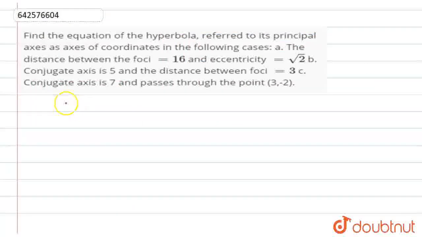So in this question, we have to find the equation of the hyperbola, referred to its principal axes as coordinate axes, in the following cases. The first case is,